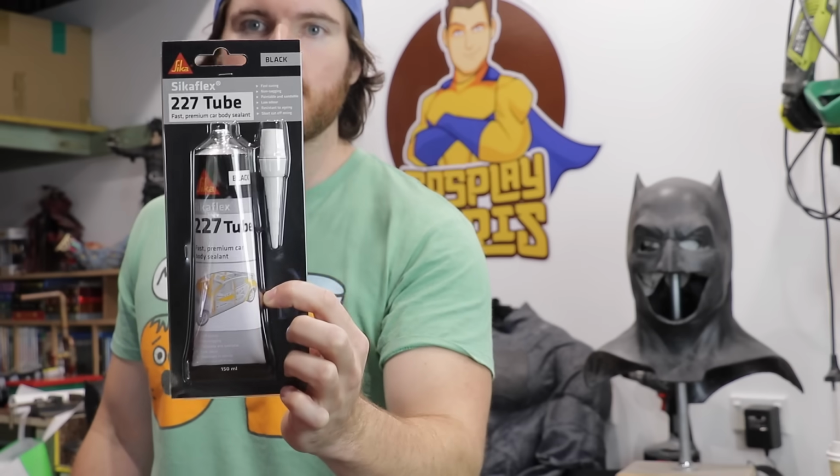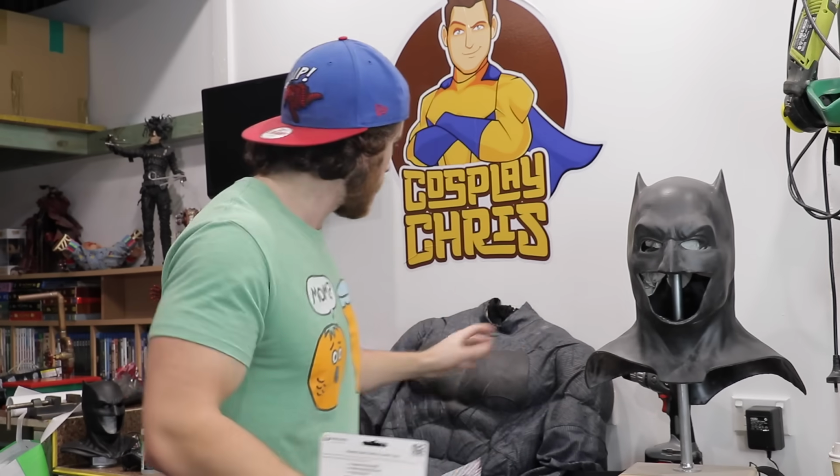You guys have seen me use this stuff before on Red Hood, also this Batfleck batsuit for when Ben and I attach the chest emblem. So I've already pre-cut two little pieces that are going to be attached to the collar tabs of the cape. I then have already pre-cut a rectangle tab that is going to go under the neck tab here of the cowl. So I'm going to show you guys that step first and how we're going to secure them permanently in